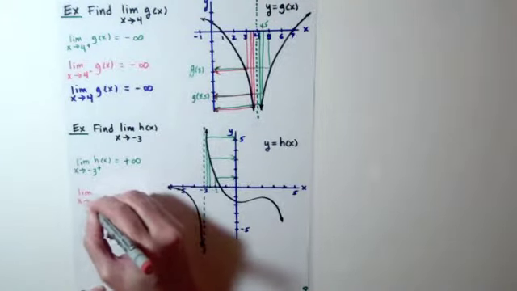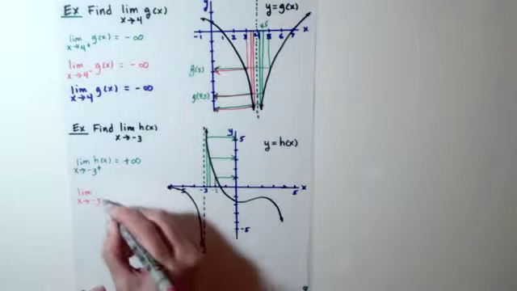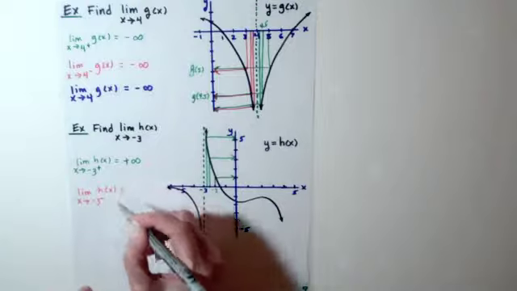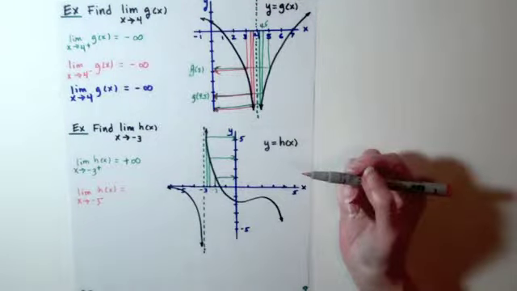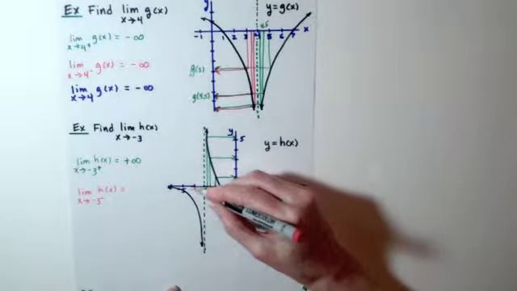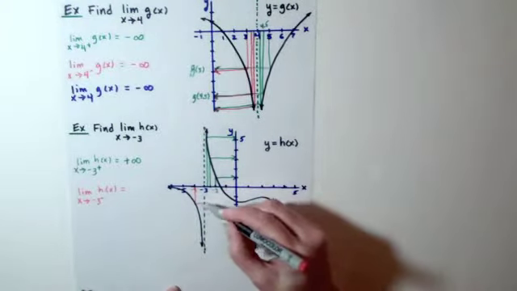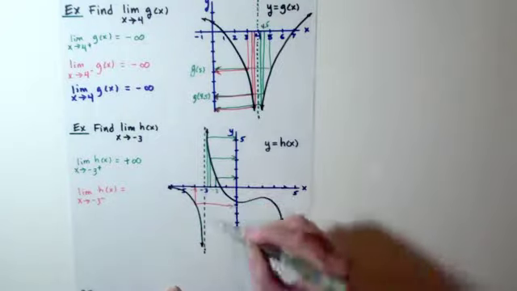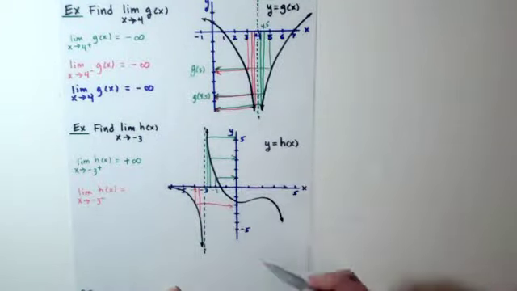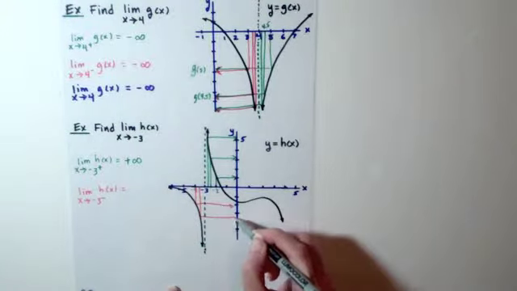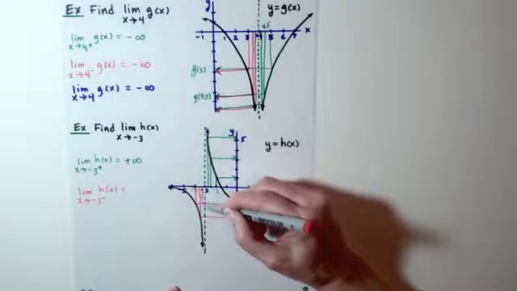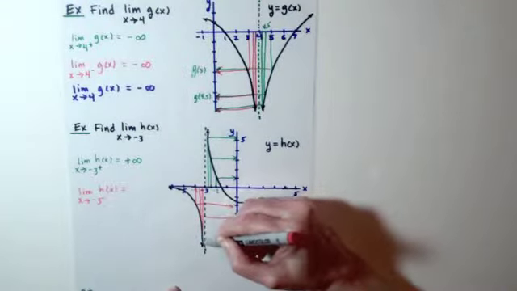Okay, let's try finding the limit as x approaches -3, but now from the left-hand side of h of x. So hopefully you gave this a try. If I plug in something like -4 for my x value, I have to go down to hit the black curve and over to the y-axis. If I choose something like -3.5, I have to go farther down to hit the black curve and then over to the y-axis. The closer I get to -3 from the left-hand side, the farther I have to go down